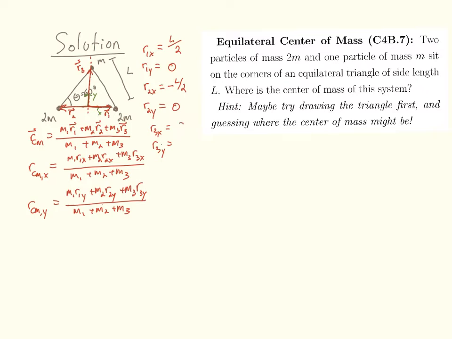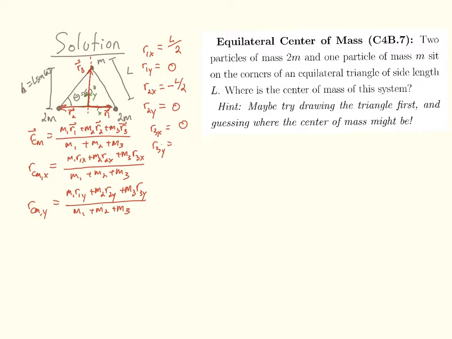So the x component is 0, and the y direction, actually I have to calculate that, because the y direction here is going to be the height of the equilateral triangle. So I'm going to need to use some trig to figure out what that height is. But that's actually not too bad because this is just a triangle. This is an opposite side to that angle. So that is going to simply be L